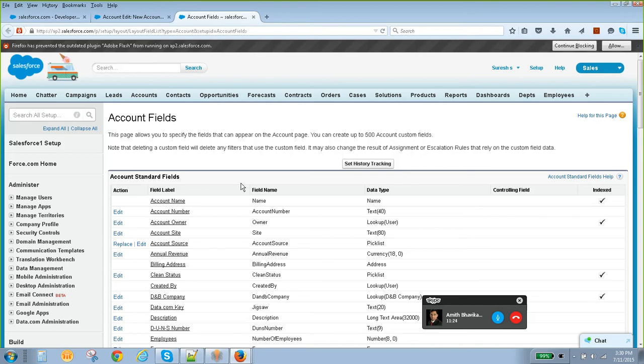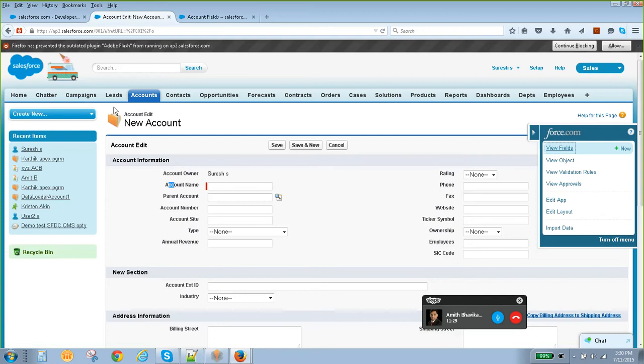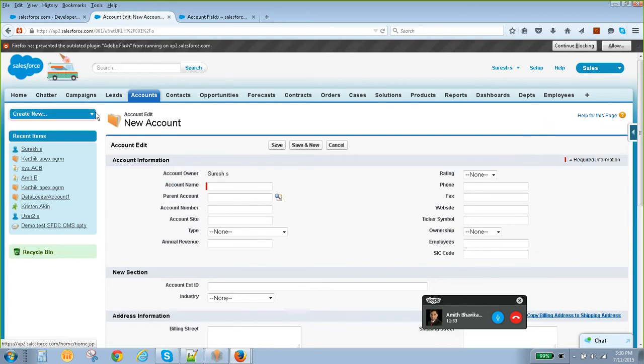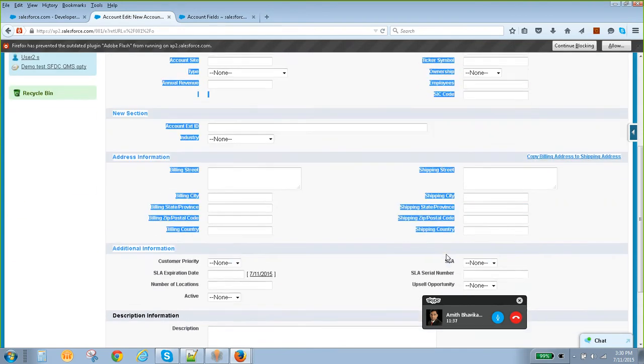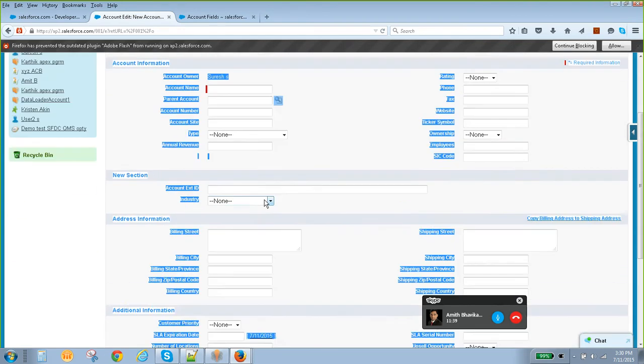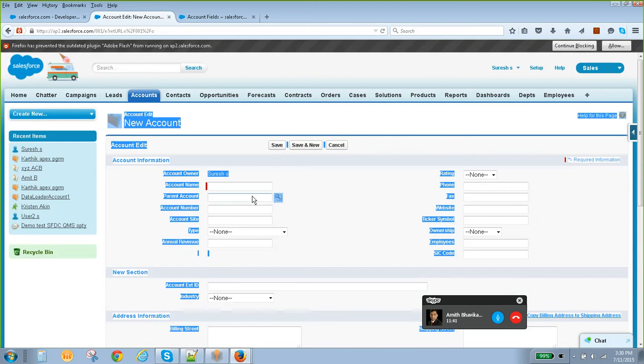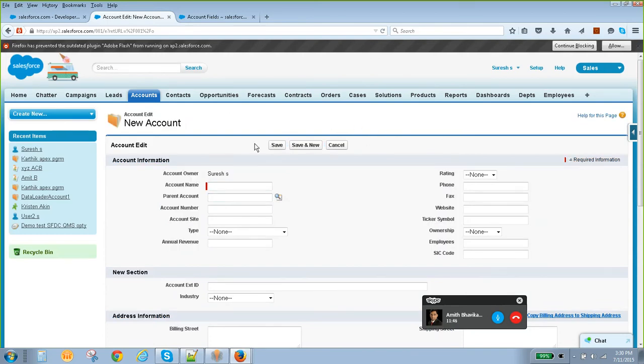In that case, we can't go for the standard functionality, correct? Why? Because the client is saying he doesn't want this kind of look and feel for the account creation page. He wants a very good look and feel with Bootstrap and all. In that case, we can't use all those standard stuffs.